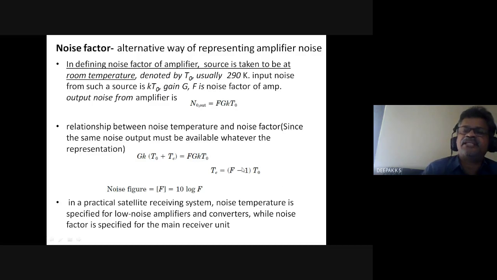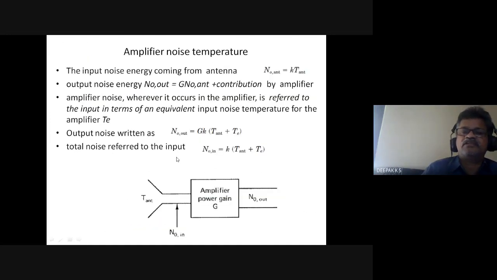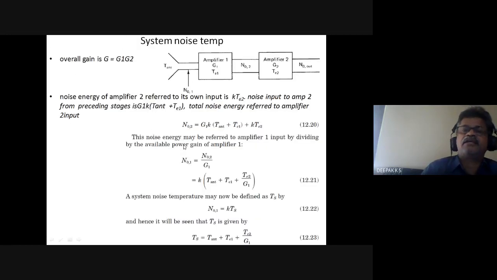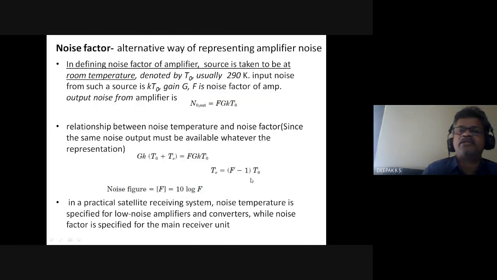Hence, you can write equivalent temperature in terms of noise figure. Okay. So noise figure you can write in dB. You take 10 log of here. So both these are equal because you are using two representations to represent the noise produced by the amplifier. So these both have to be equal. Previous output has to be equal to the other representation. So both are equal. You can relate these two.